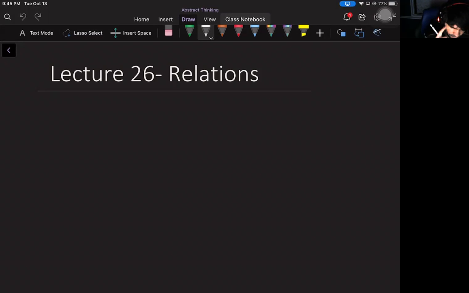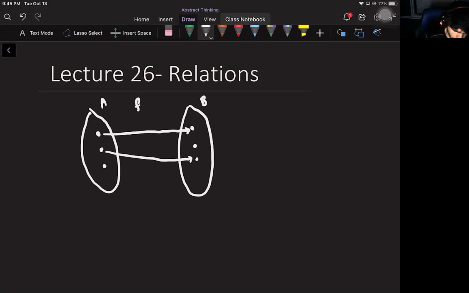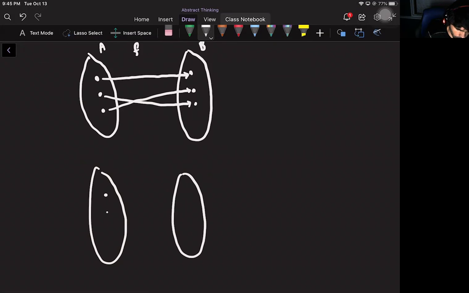So the idea for now that you want to be picturing is we studied functions and we were able to draw these pictures of functions, but there were rules that had to happen for something to be considered a function from A to B. So for example, something like this is perfectly acceptable as a function, but there were lots of things that were not functions. So something like this is not a function